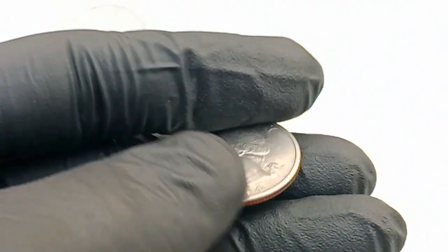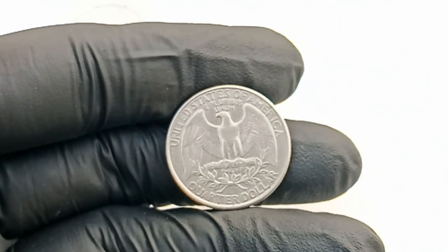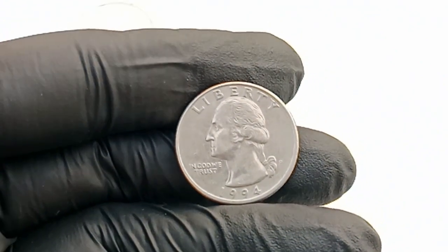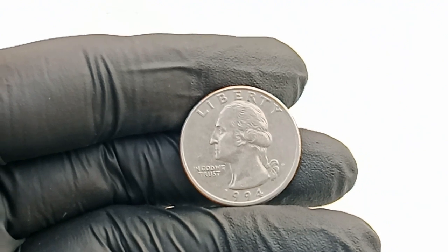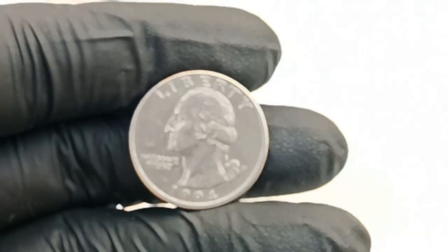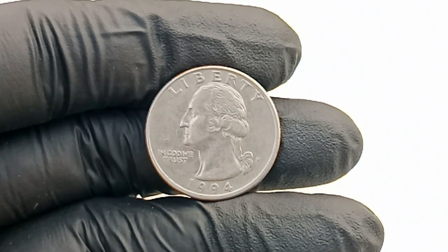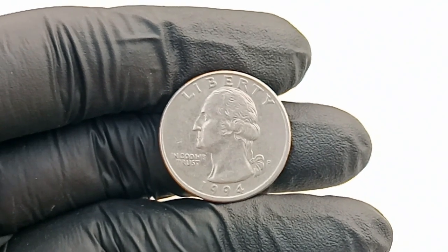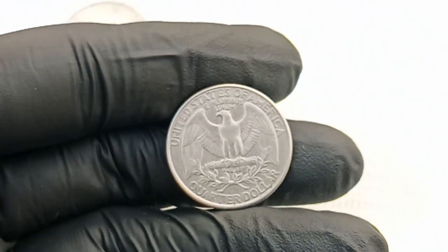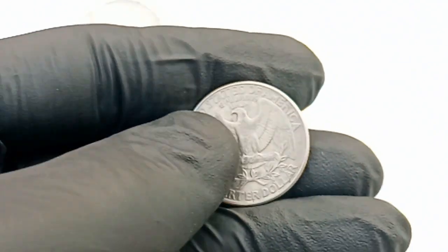Its value stems from a perfect storm of errors and mistakes that occurred during the minting process, which created a coin presenting multiple anomalies so vivid and unique that they have transformed it into a rarity perhaps never to be repeated. When we talk about coin errors and mistakes, we refer to anything from die flaws, misstrikes, doubled dies, off-center strikes, planchet errors, overstrikes, or even unusual metallic compositions, each of which can drastically affect a coin's intrigue and hence its value. But in the case of the 1994 quarter, it's a combination and intersection of these that sets it